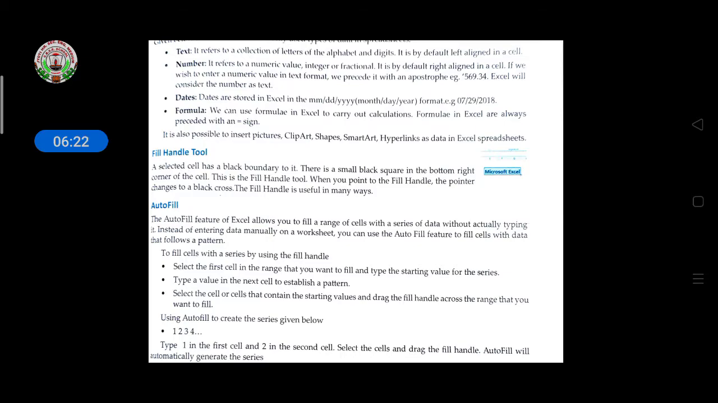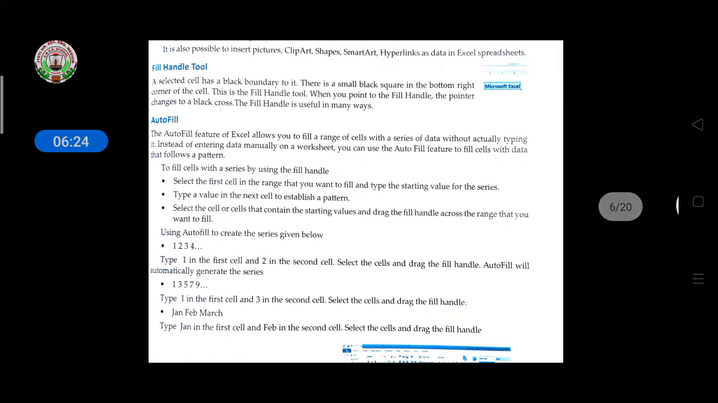First, autofill. The autofill feature of Excel allows you to fill a range of cells with a series of data without actually typing it, instead of entering data manually in the worksheet. You can also use the autofill feature to extend data following a pattern. Suppose in class 7 you did calculations in Excel; I had explained the sum function, how to write the sum function,